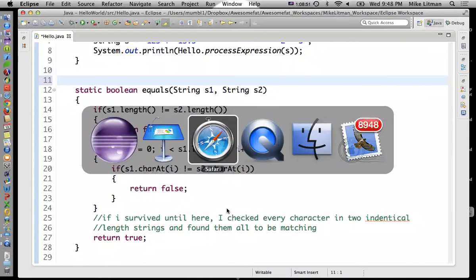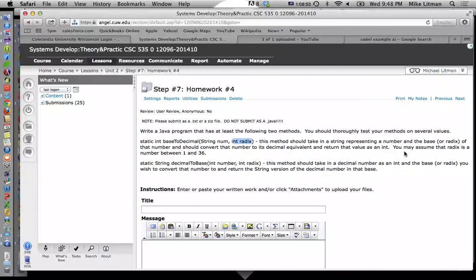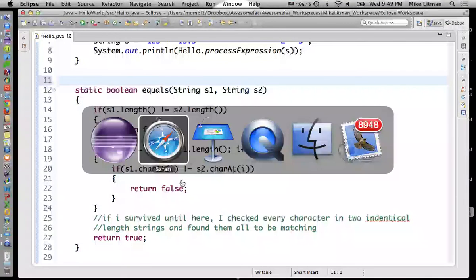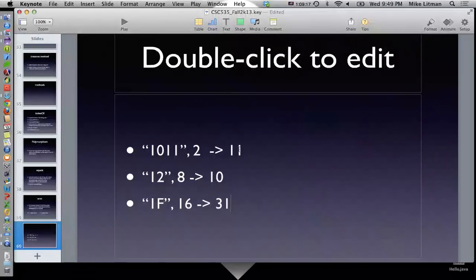Second method is decimal to base, where you take in an integer number and the radix, and this method should take a decimal number as an int, and the base you wish to convert that number to, and return the string version of that decimal number in that base. So what does that mean? That means if I take in an 11